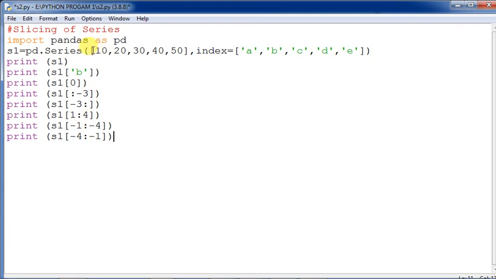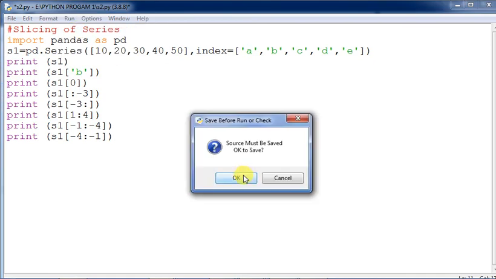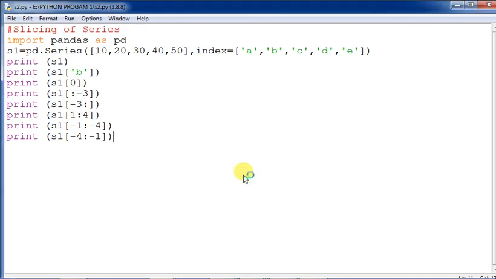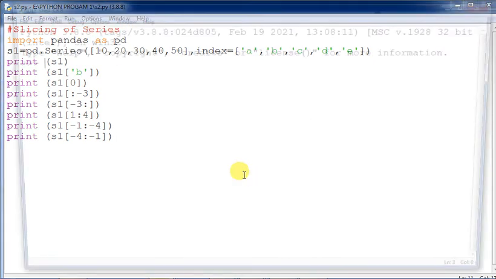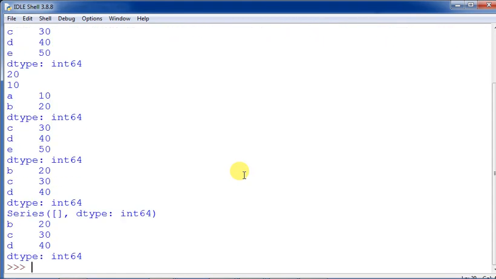After you see -1, that is a problem. Now what are you doing? Run module. We are executing the module out here. Now let us see how it is functioning. Let us execute this and then see the output. Then we will have a clear-cut idea. If the data does not come, in that case an empty data frame will be shown out here.